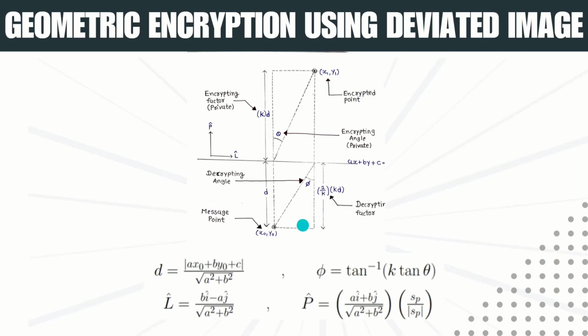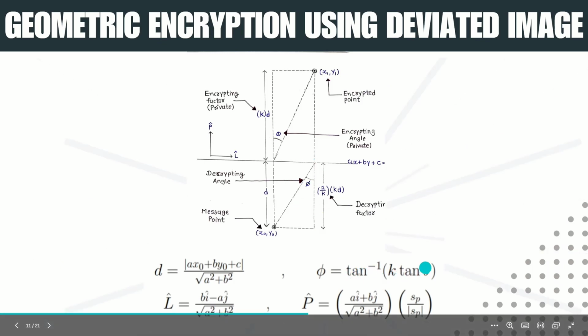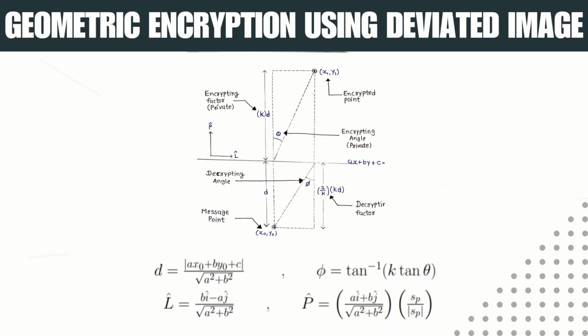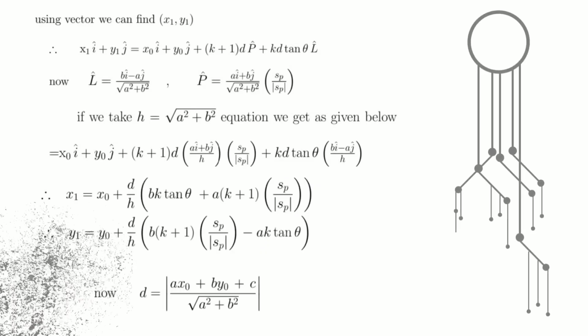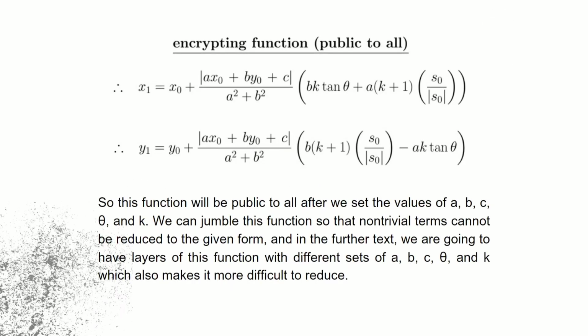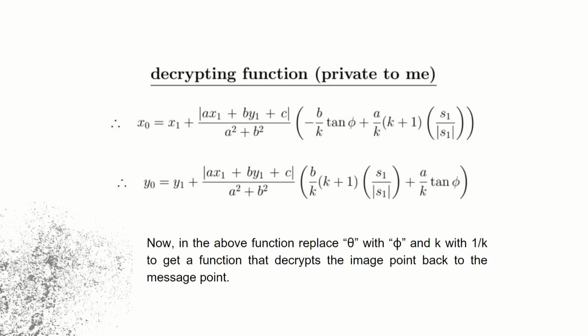Now how do I calculate this phi? Basic geometry. This will be kd tan theta and this would be d, so phi would be tan inverse of k times tan theta. Now I know phi and I know k, so I'll have a pre-designed decrypting function. I got that image point from my sender, I put it in here and get my final output x0, y0. Then I check which value the sender put, in which dimension, x or y, he used as the message dimension, and I get the message from that. We'll see that it clearly works and works very efficiently in code.